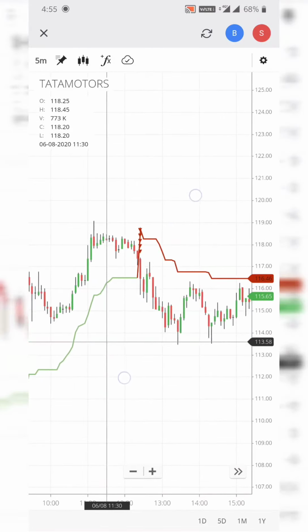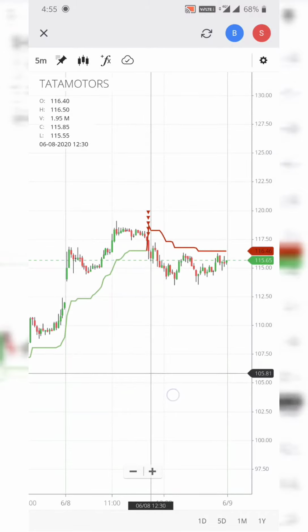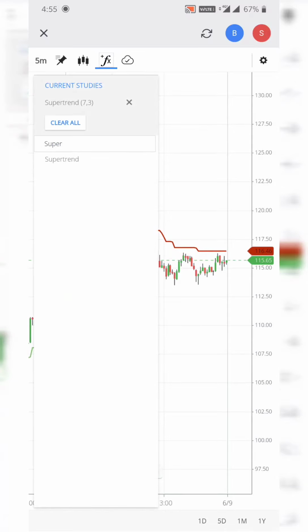You can easily observe the trends of the stock, which is almost 70% accurate. By using this, you can decide the movement of the stock. 70% accuracy will be there. You might have 75, 60, 80, something like this, but it is generally 70% accurate. So next we will use